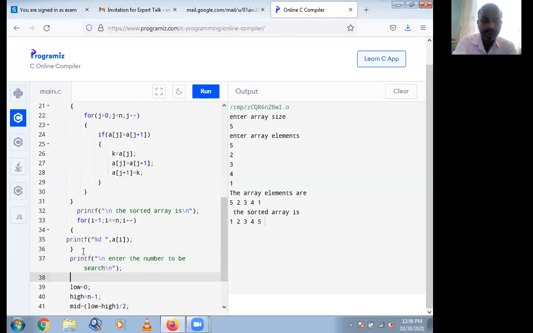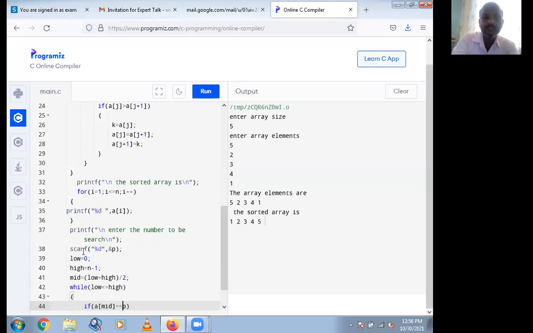Then scanf %d and p. Then low is equal to 0, high is equal to n minus 1, mid is equal to low plus high all divided by 2. Then while low is less than or equal to high,